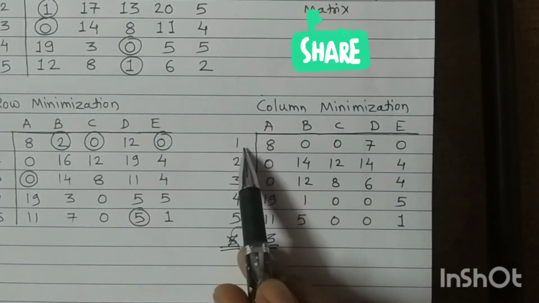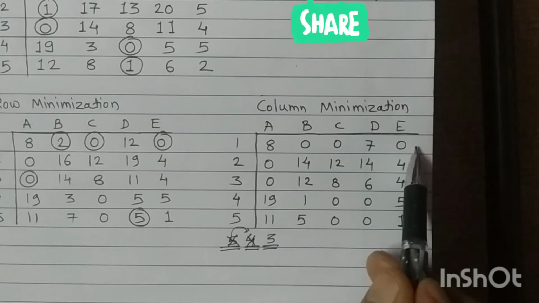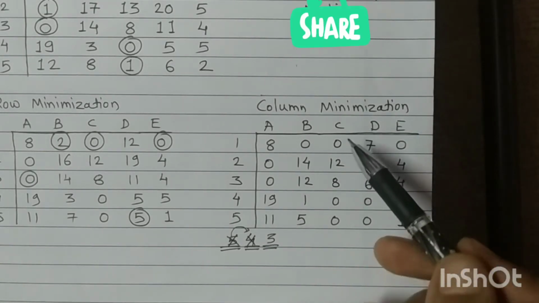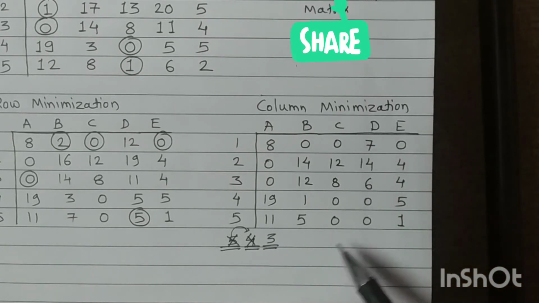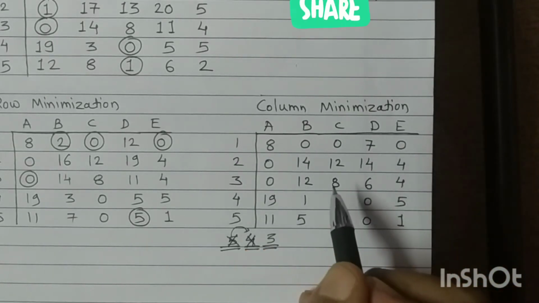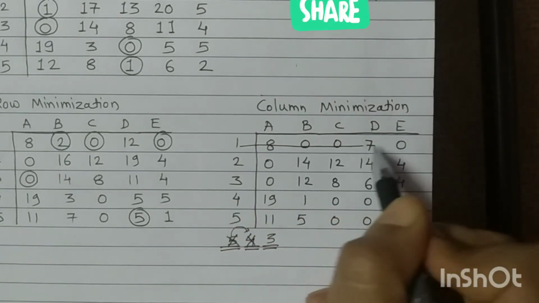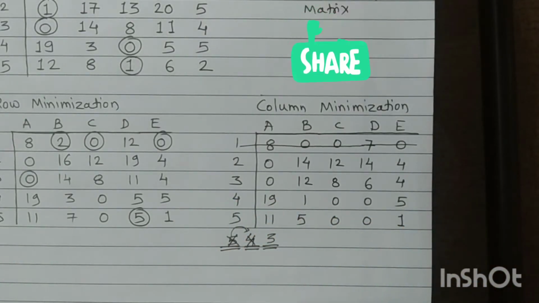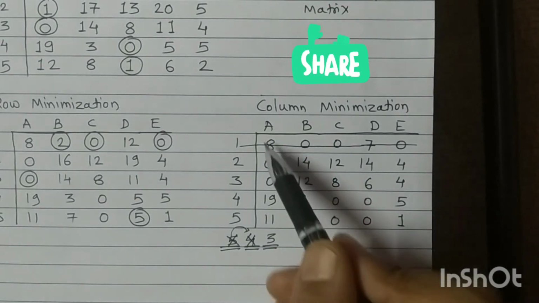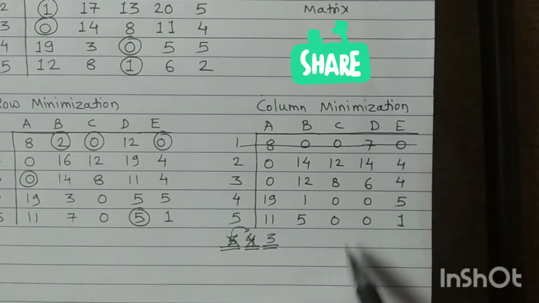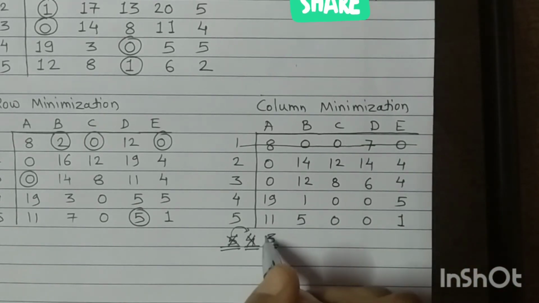Yes. You can see 3 zeros in the first row. Also there are 3 zeros in the third column. So either you can draw a vertical line or a horizontal line covering these 3 zeros. So I will draw a horizontal line covering the 3 zeros. Now can you find 3 zeros? Here there are 2 zeros, here 2 zeros, 2 zeros and 2 zeros. So I cannot find 3 zeros.